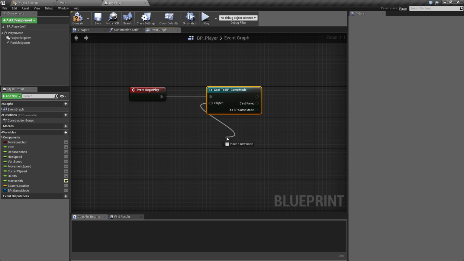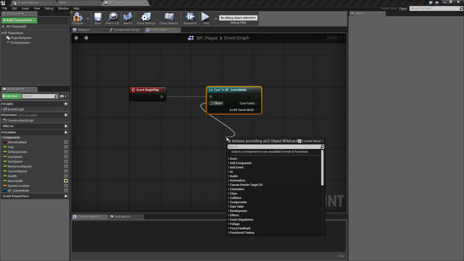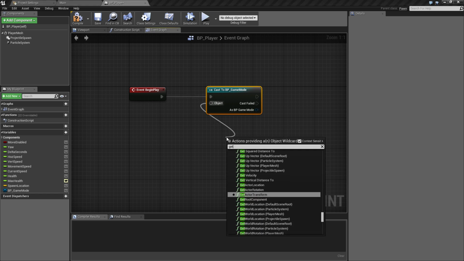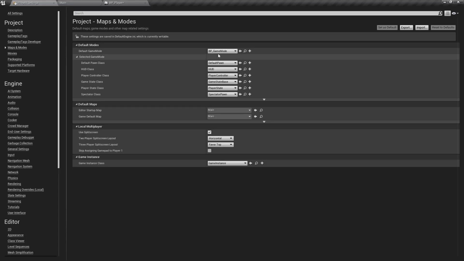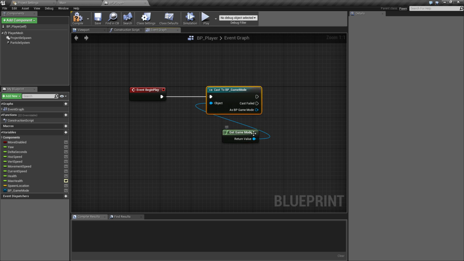To get this to work, all we need to do is drag off of the object. This is going to be the argument, what it's looking for, and we'll type get game mode. Again, this is simply going to say what's the current game mode, which will essentially direct it here. It will find that we've told it that BP_game mode should be the game mode. It will then check, is this BP_game mode, which it is,